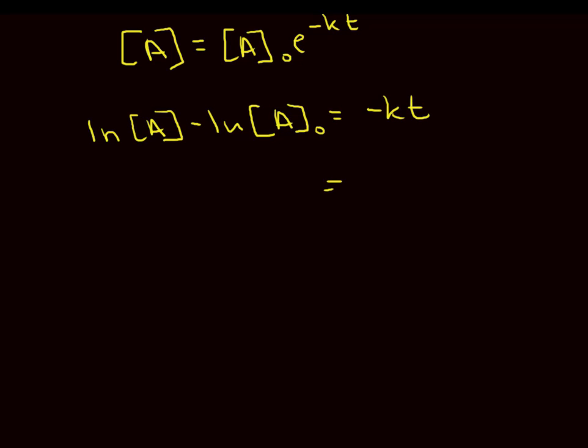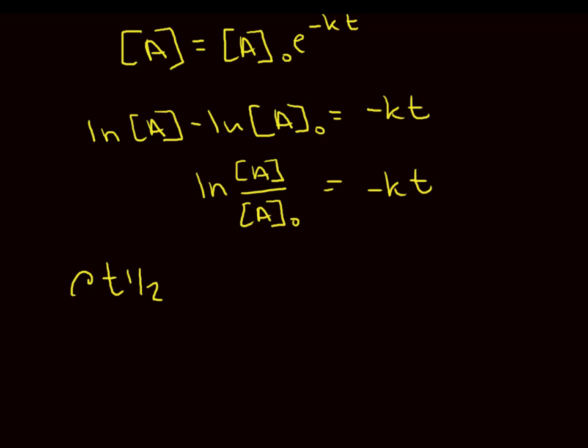And we can rearrange that to just say it's the natural log of the concentration of A over our starting concentration equals minus kt. Now, our caveat here is that at T 1/2, at our half-life, the instantaneous concentration of A is equal to